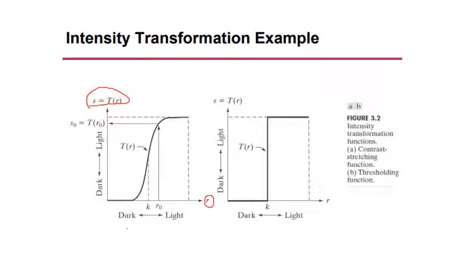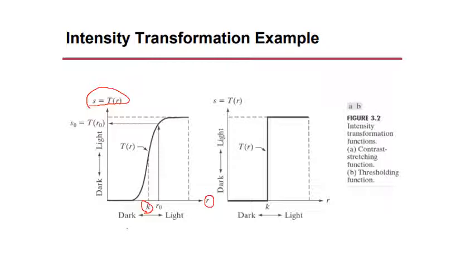So how can we obtain that? We are trying to produce an image of higher contrast than the original by darkening the intensity levels below some value K, and brightening the levels above the value K. So we are going to take a level K, and whatever is above level K we are going to brighten it. Brighten means, already the intensity value is high, it is more towards the whiter side. If the intensity value is low, it is going towards the darker side. So this is known as contrast stretching.